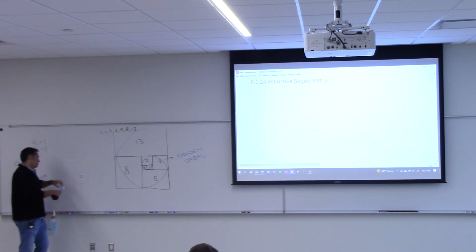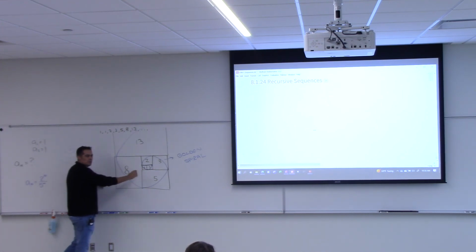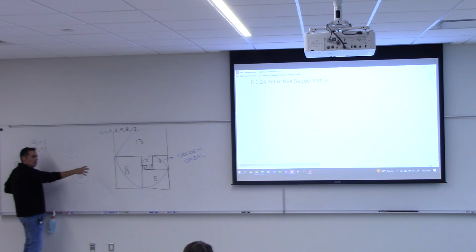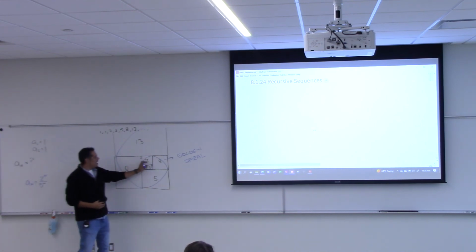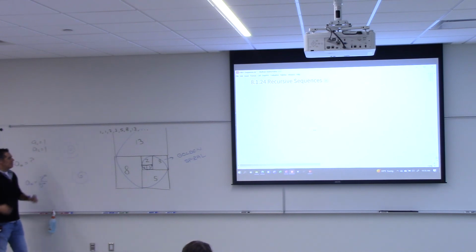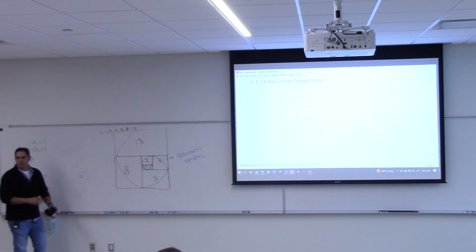In nature, we believe that the spiral that we see in nature like this is this spiral. The ratios are correct. The way the spiral grows, the gaps between the spirals are getting bigger as you go out. That's what's happening here. It's real tight in the beginning, but as you draw this bigger, the gaps get bigger. And we can't really explain why it's like that, but it is. So that's why this sequence gets such